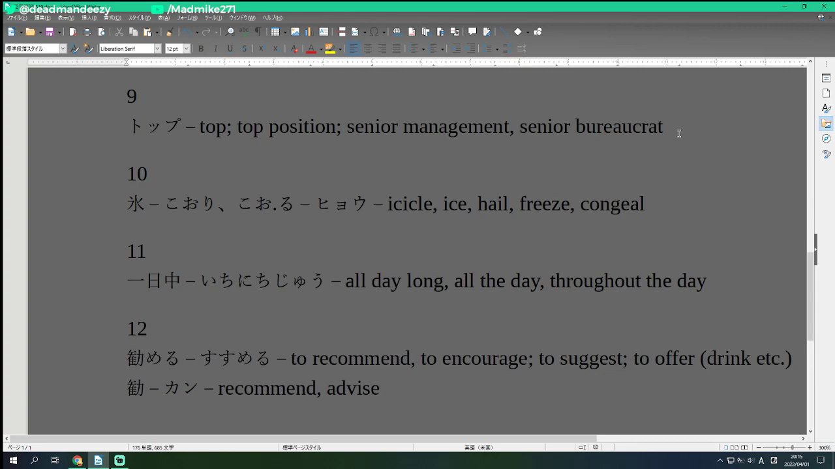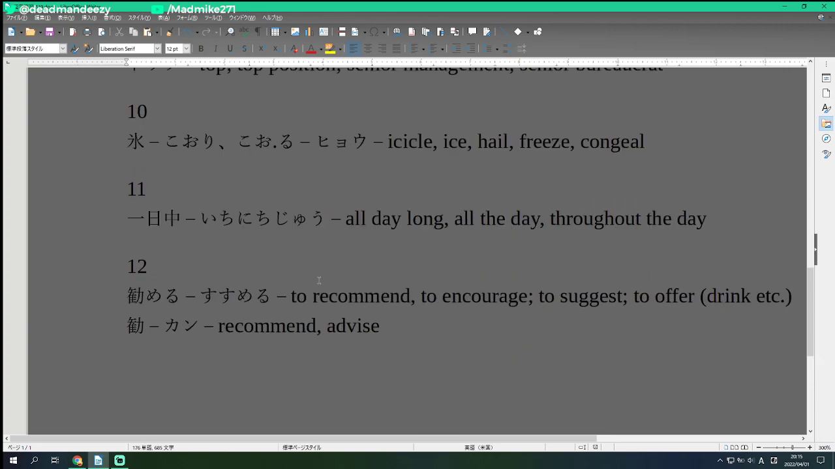Top is top. Number 10 is kori. Koru is the verb for to freeze, and hyo is our alternate pronunciation. As you can see, this kanji is really just the kanji for water with a little ice pick at the top. Kori is to freeze, frozen,